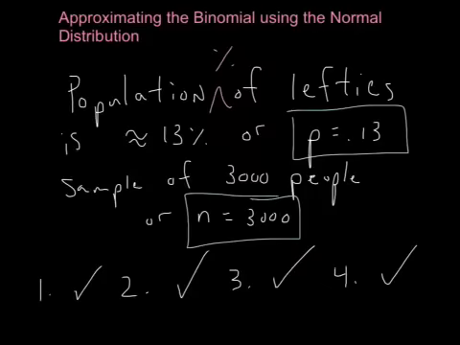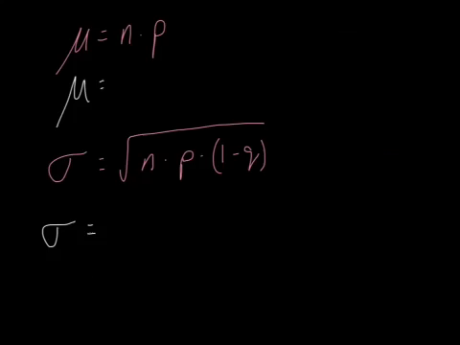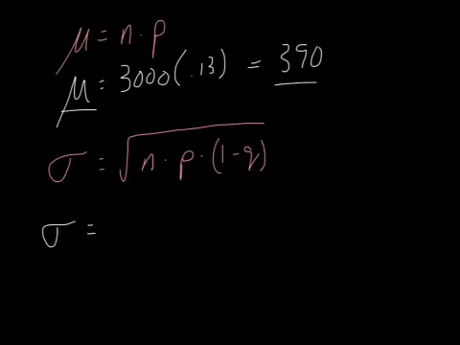Let's move on. Since this is binomial, I can say that my mean is equal to N times P. So 3,000 times 0.13 is equal to 390. So I would expect that the number of left-handed people in a sample of 3,000 is approximately 390 people, with